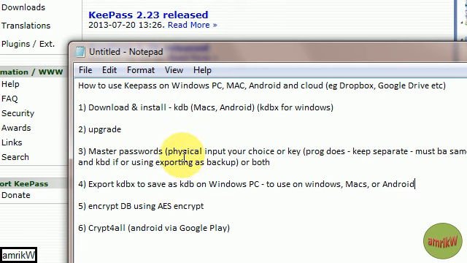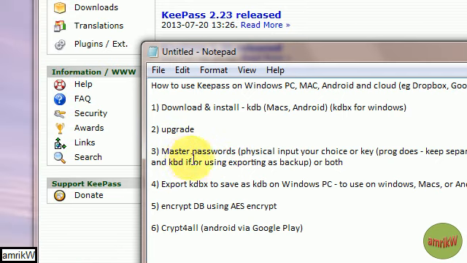These are the steps I'll talk through. Basically, you download and install the Mac version file on the Mac and Android, the KDB version 1, and the KDBX version 2 for Windows, and version 1 can also be used in Windows. And then secondly, how to go about upgrading once you've installed the two, and then talk about master